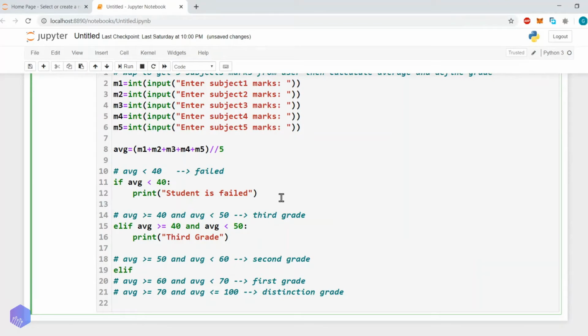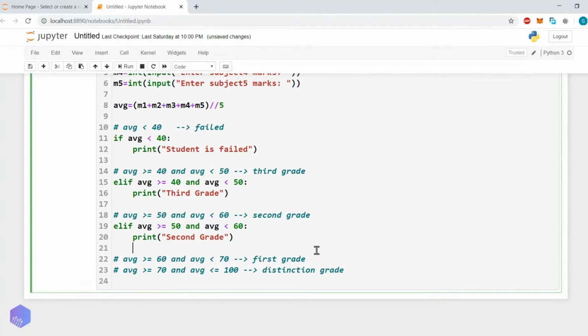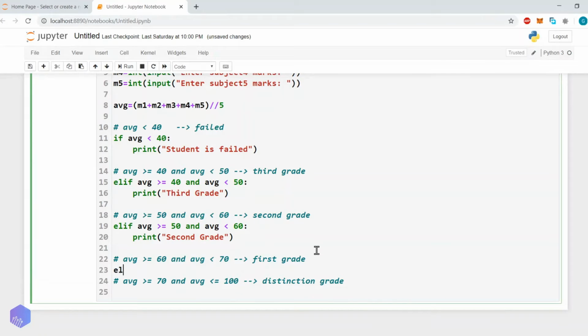Similarly, else if average is greater than or equals to 50 and average is less than 60, then print second grade. Clear? Then again we will use elif